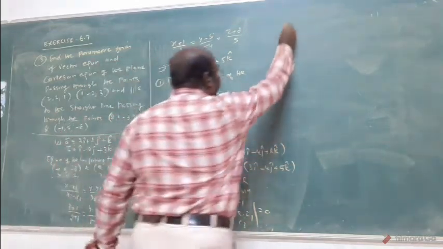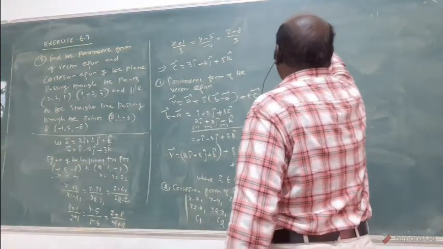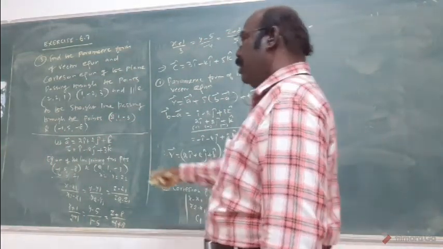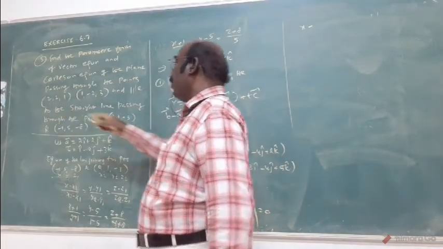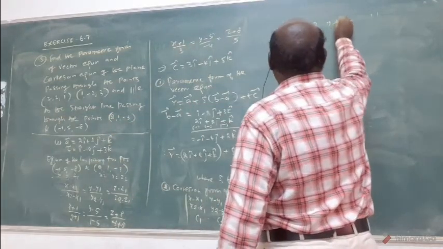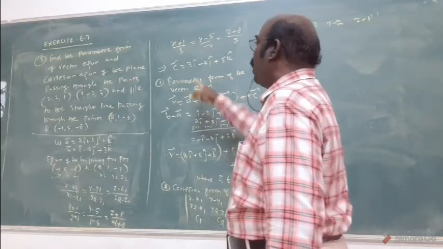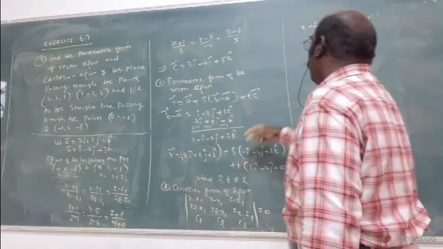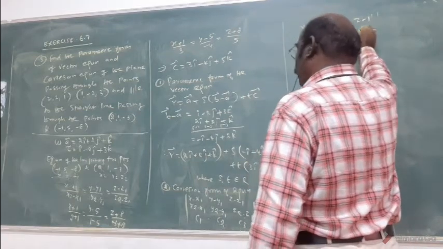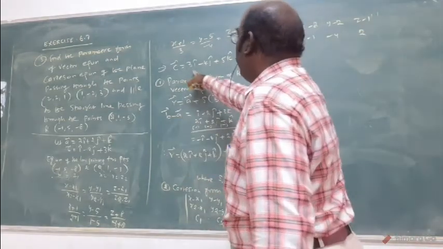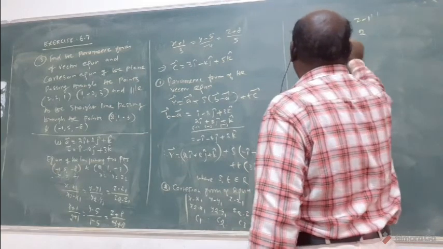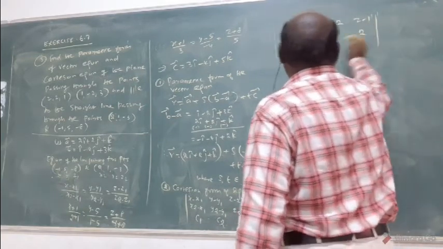Now let's answer. Name and mark the point. x minus x1, what is the point here? The first point is 2, 2, 1. So x minus 2, y minus 2, z minus 1. Next is x2 minus x1, that is b minus a: minus 1, minus 4, 2. The last row is 0, pi, 3, minus 4, pi. Now expand.